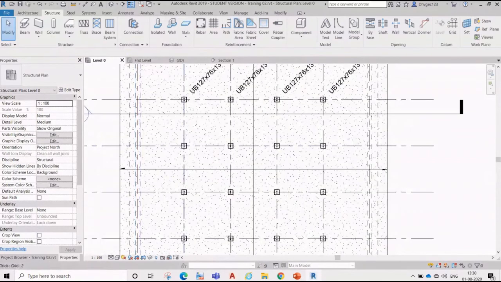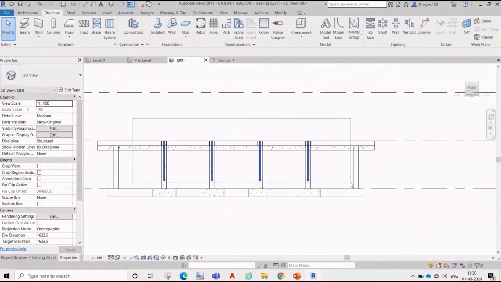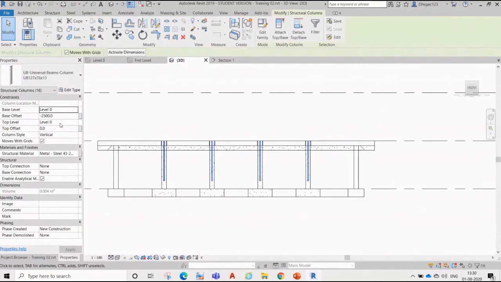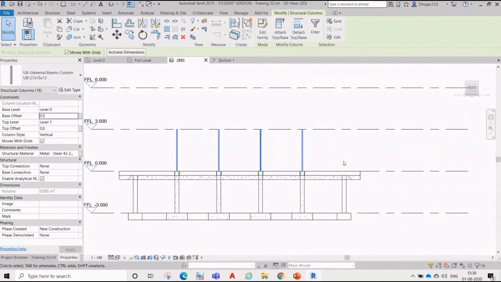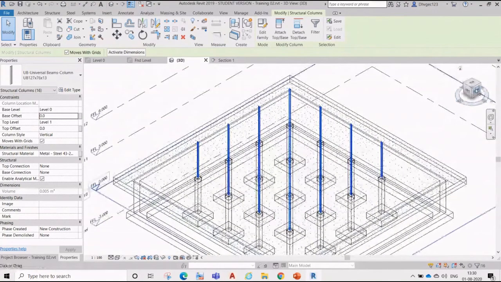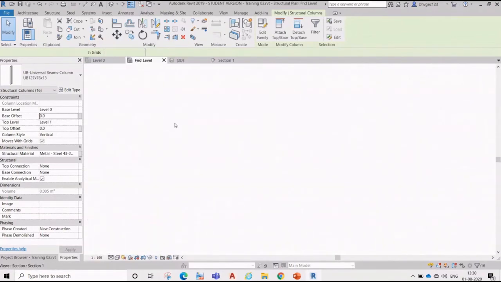Now we can see a column over here, like this. Now we'll see that column over here. The column size is very small, but not an issue.